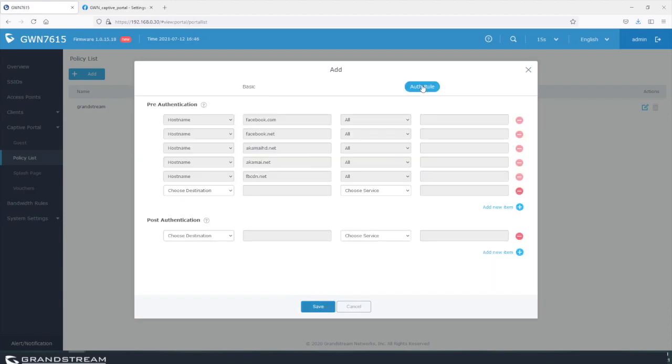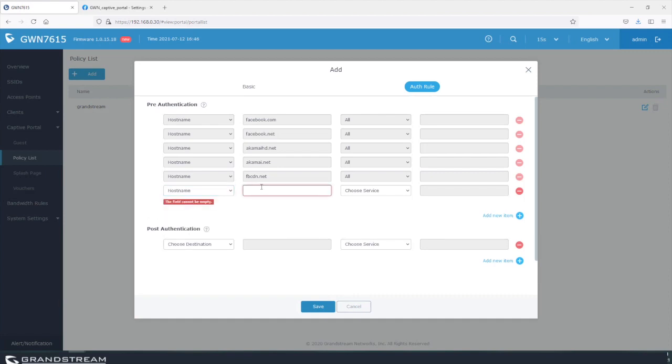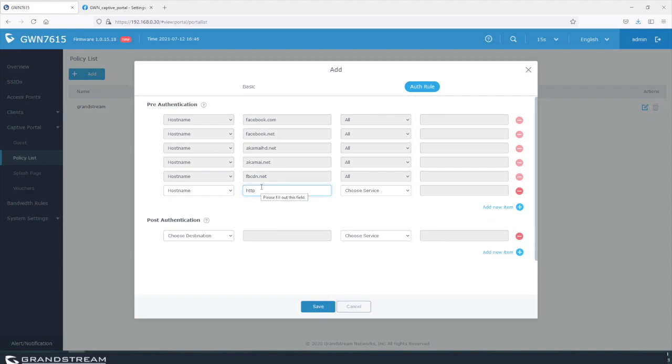And if you go here under authentication rule, it gives us pre-authentication and post-authentication. In other words, these are the websites or the domain names that the users can access before authentication, and the post-authentication rules are the ones that the users can access after they authenticate with the GWN access points. I'm going to select the GrandStream website. Okay. Let me just enter grandstream.com. So that users, even if they are not authenticated with their Facebook, can still access the grandstream.com